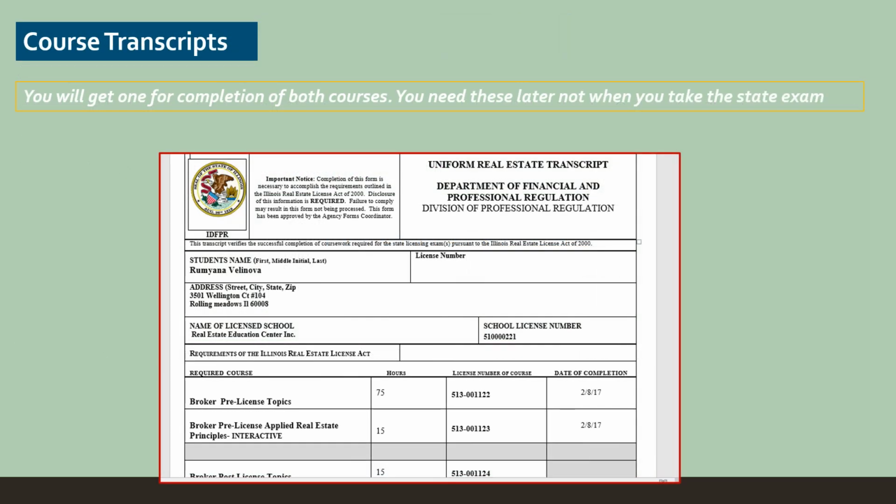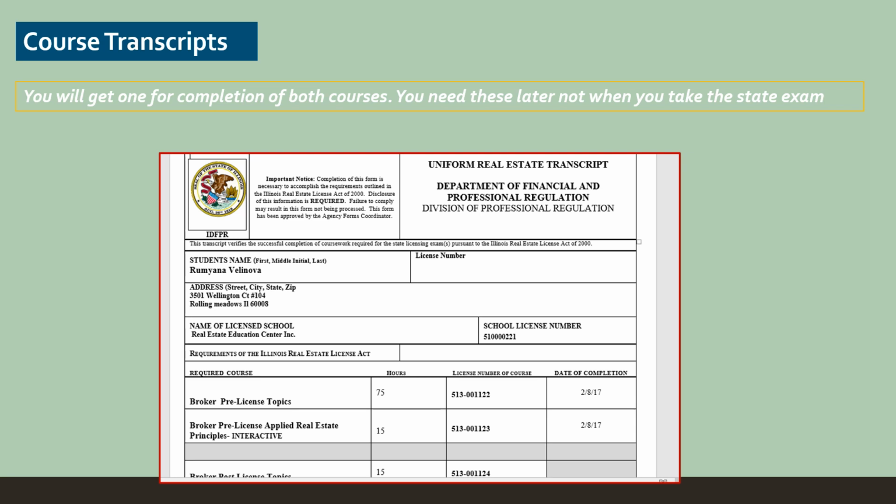One last thing, course transcripts. When you finish the course, you're going to be getting a course transcript. Now, the big thing about this is you don't want to lose it. You do not need the course transcript, which shows that you've passed one or both of the courses, the 60-hour course or the 15-hour course, to take your state exam, but you will need it after you pass your state exam and when you get ready to make an application with a broker to go work for the broker.